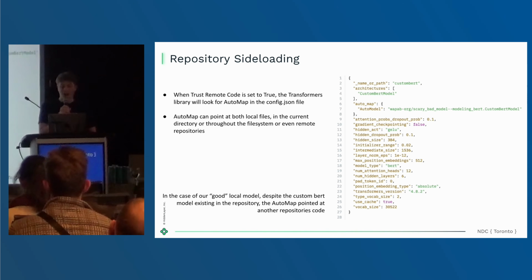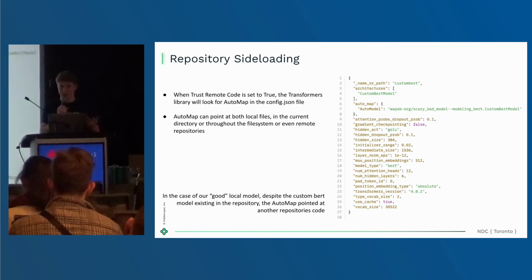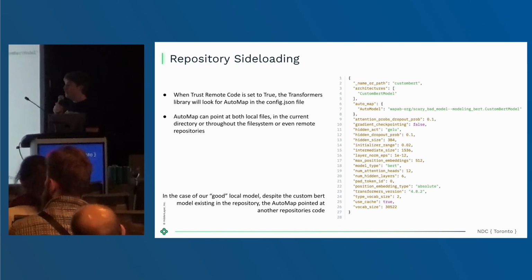However, that can also be any file on your computer, because it has relative and absolute path traversal. So that means if I sent Ken a different file and I know it's going to go into his downloads folder, I can have it mapped there instead of somewhere else. But the worst part is you can actually map it to a remote repository. So rather than just the file that Ken actually reviewed, I can have it go to a completely different repository, in this case, scary bad model, and use that modeling_bert. So even though you did everything right, actually looking at that file, making sure there was nothing bad in it, that file never got run.